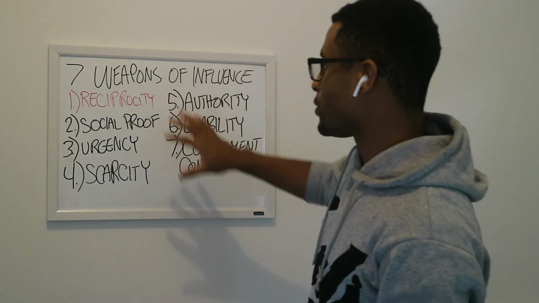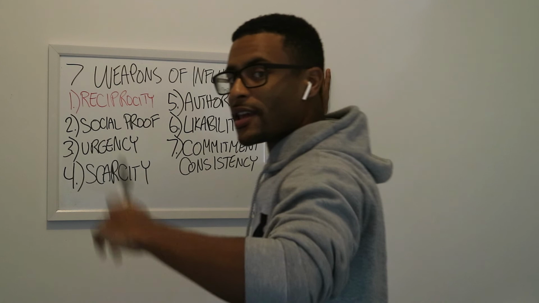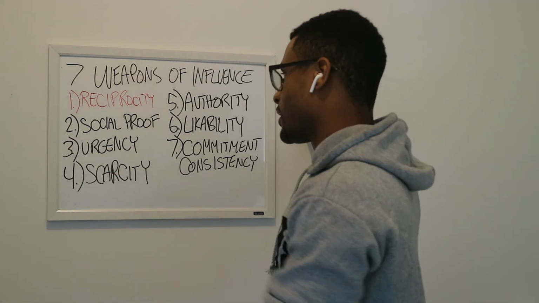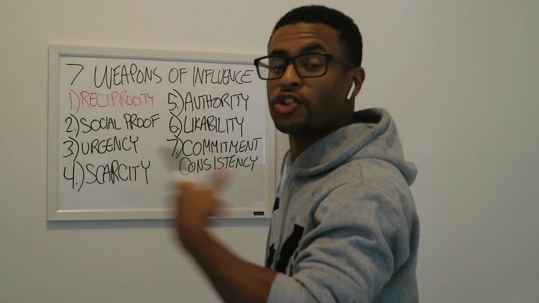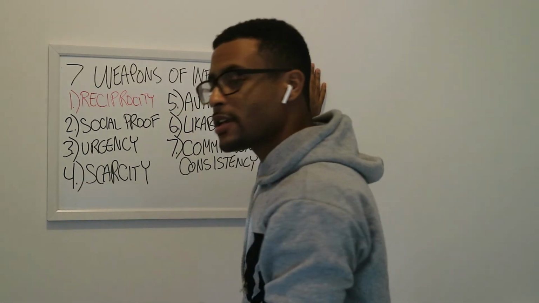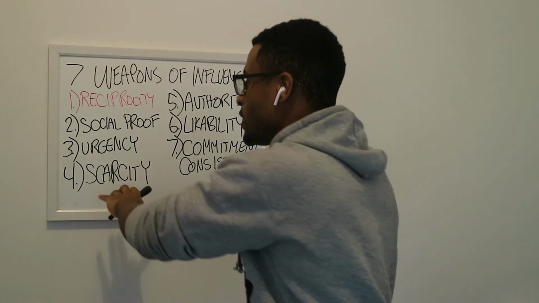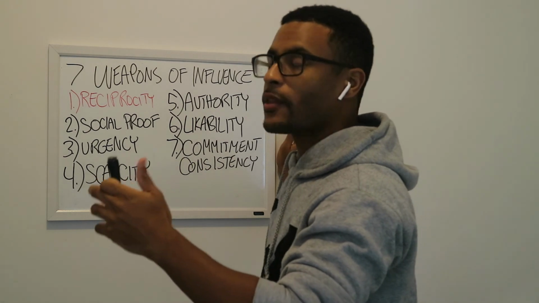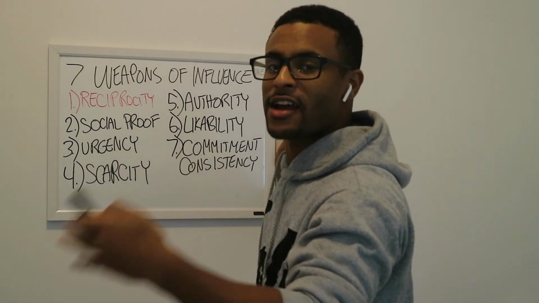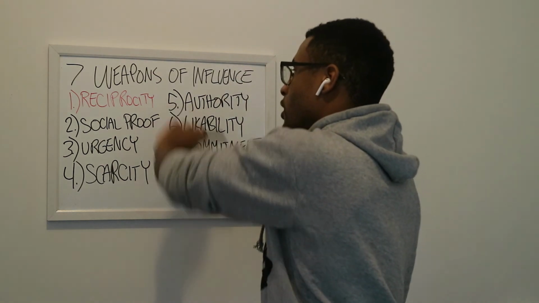And these are the 7 weapons of influence. Let's go through them one more time. Reciprocity: I give you something, you feel like you need to give it back. Social proof: I see a lot of people doing the thing, that makes me trust in the thing. Urgency: there is not a lot of time, so I should probably take action as fast as possible. Scarcity: there are not a lot of options, there's not a lot in stock, so I should probably take action immediately so I can be one of the people who get it. Authority: